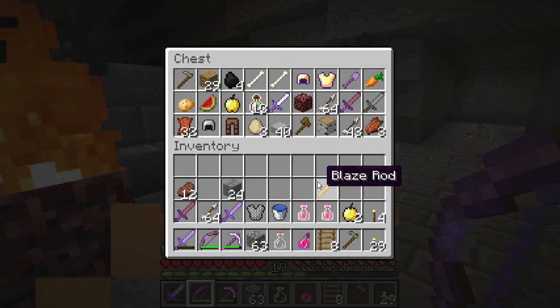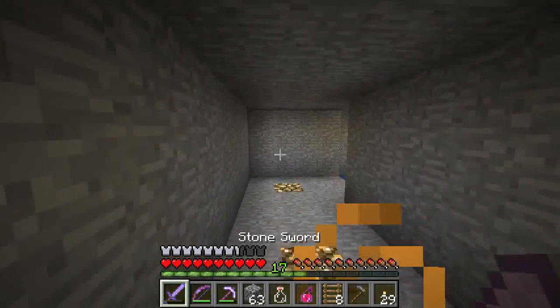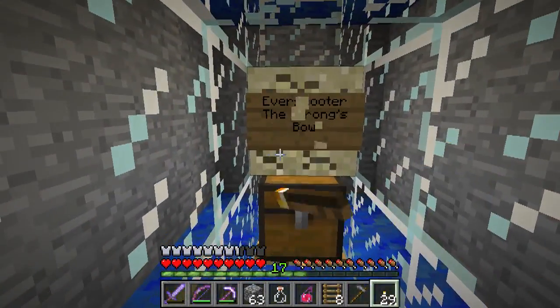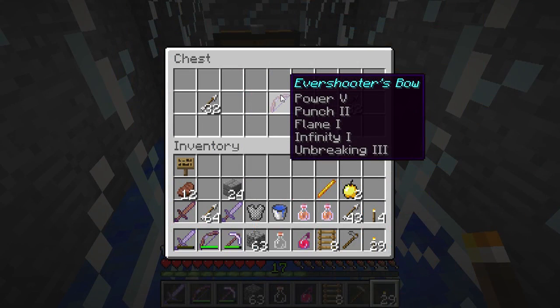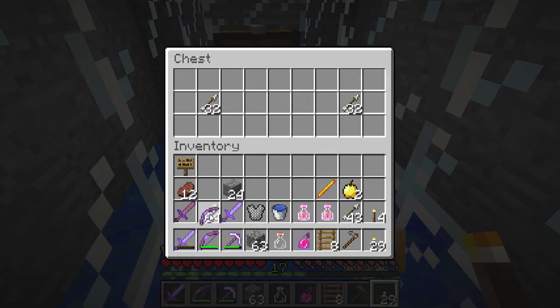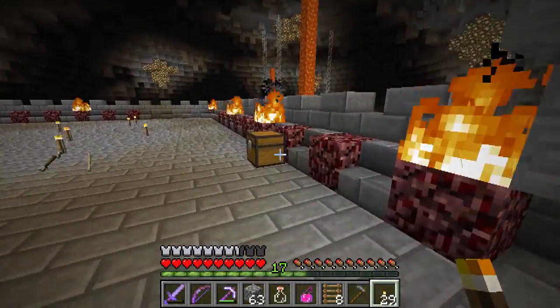But there is one thing I wanted to come up here for straight away, and that was the Evershooter's bow. Evershooter the Strong's bow, to be precise. And this has pretty much everything on it maxed out. So power 5, punch 2, flame 1, infinity 1. I'll keep you as a backup, but I doubt I'm going to need it much. But this guy now,